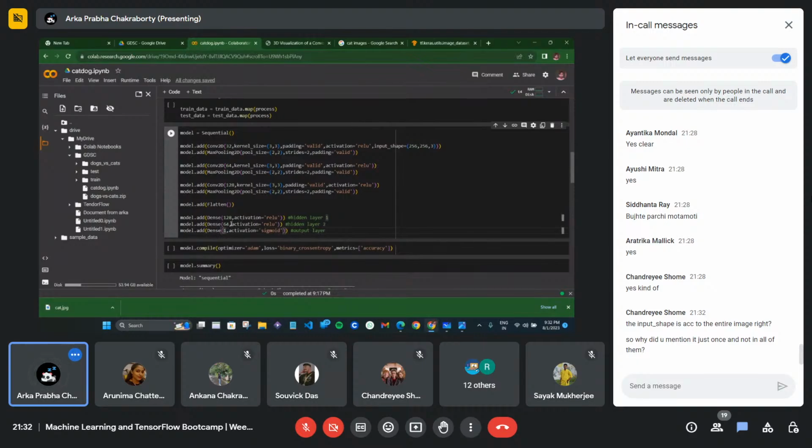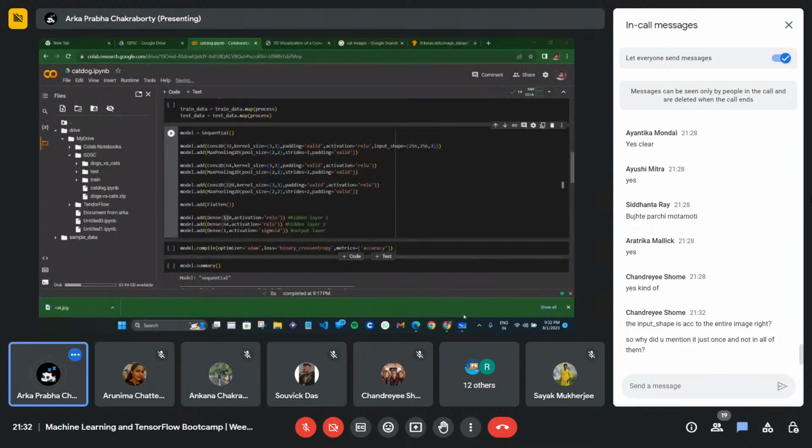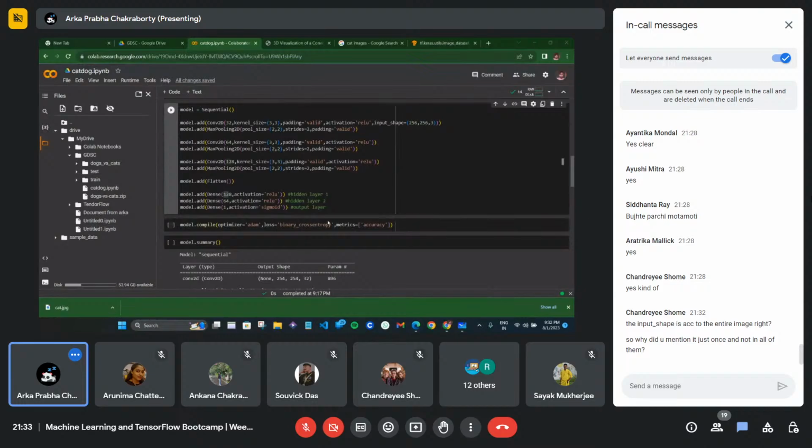My first hidden layer has 128 neurons, and for the second hidden layer I'm giving 64 neurons, and the activation function is ReLU.